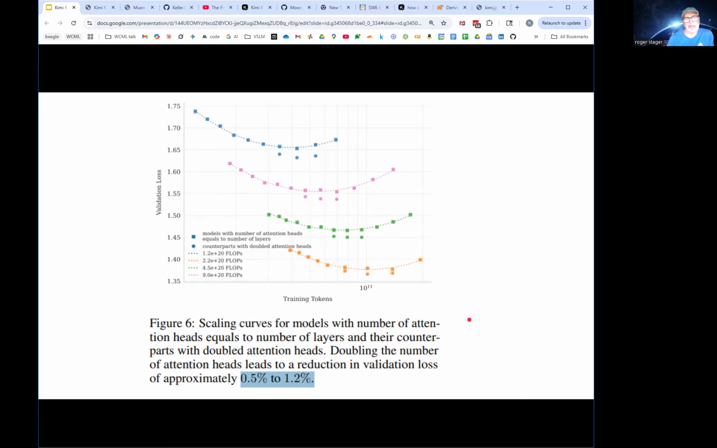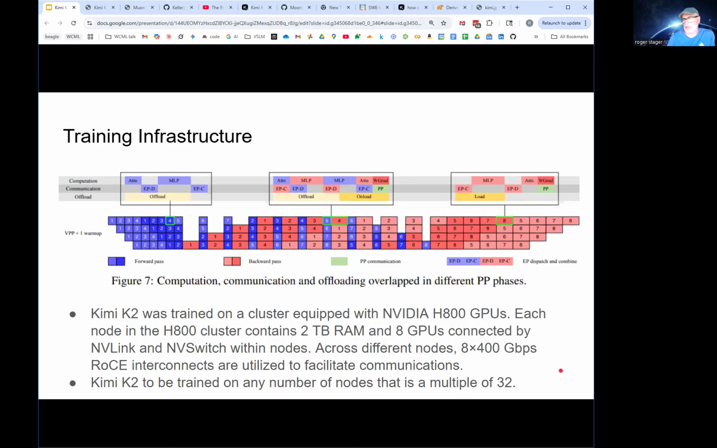So exactly, yeah, that 80% cost for that. So that's why they chose to reduce that. Okay, training infrastructure. We've seen this type of thing before when we were looking through the DeepSeek paper, where